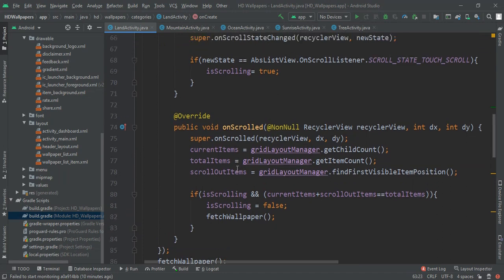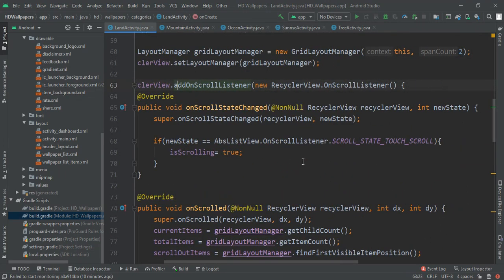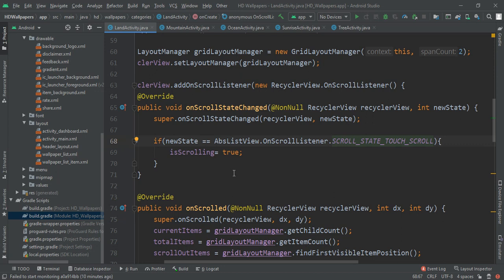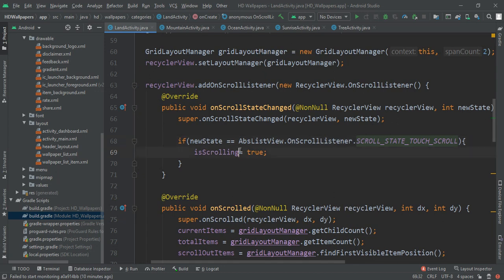In our first method we are going to write: if newState is equal to RecyclerView.SCROLL_STATE_TOUCH_SCROLL, meaning whenever touching has started, then we change isScrolling to true.